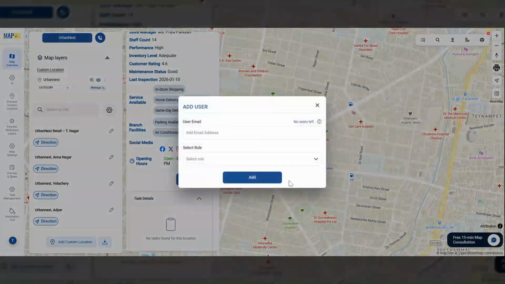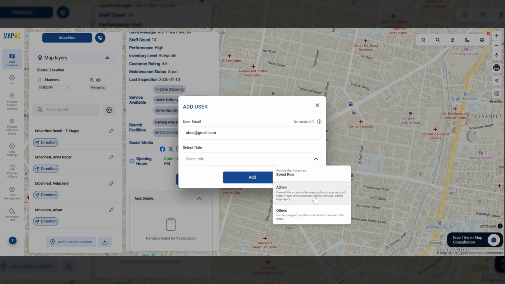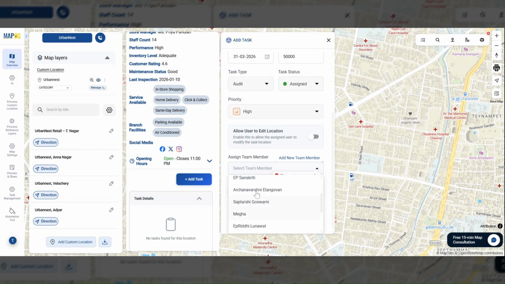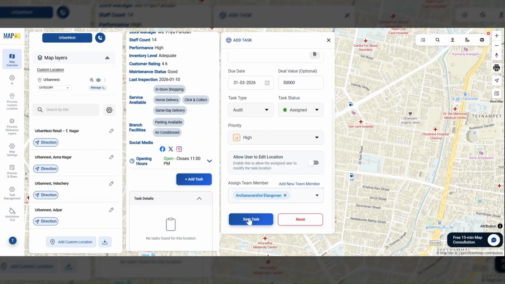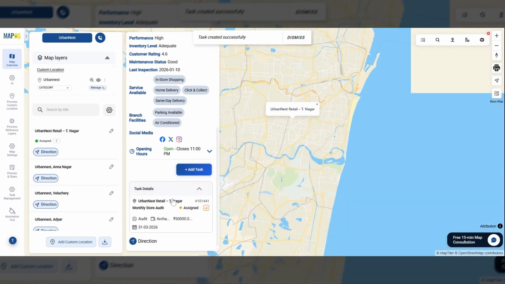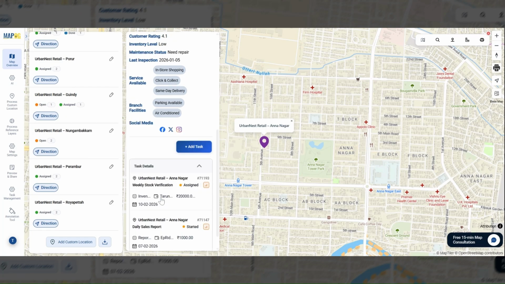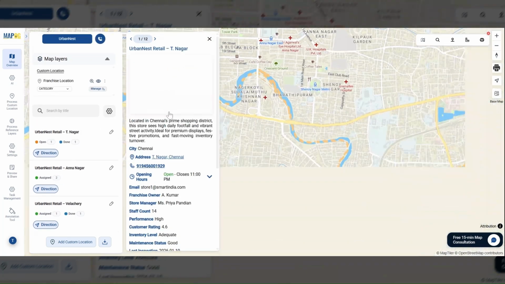Assign the team member from the drop-down, or you can also add new team members by entering their email and assigning roles, such as admin or others. Then, enable progress tracking if needed, allow location edits when required, and save the task. Multiple tasks can be added to each location, and custom questions can be attached to task types for consistent reporting